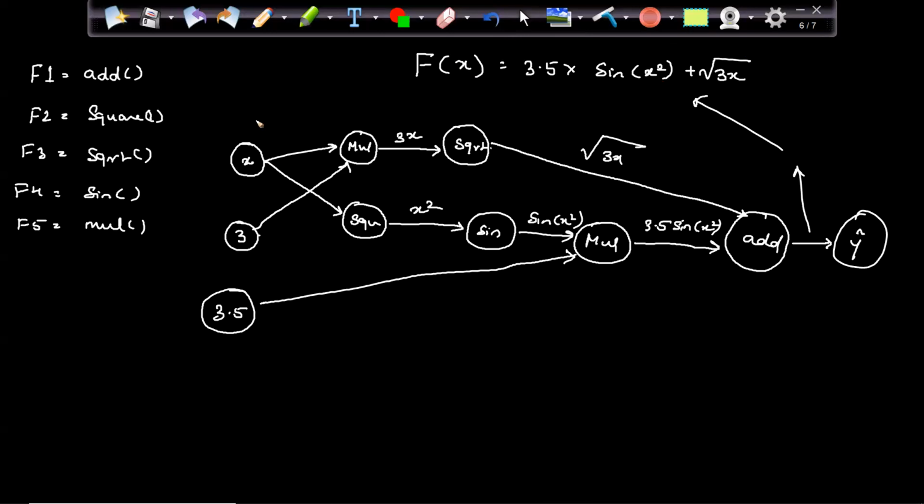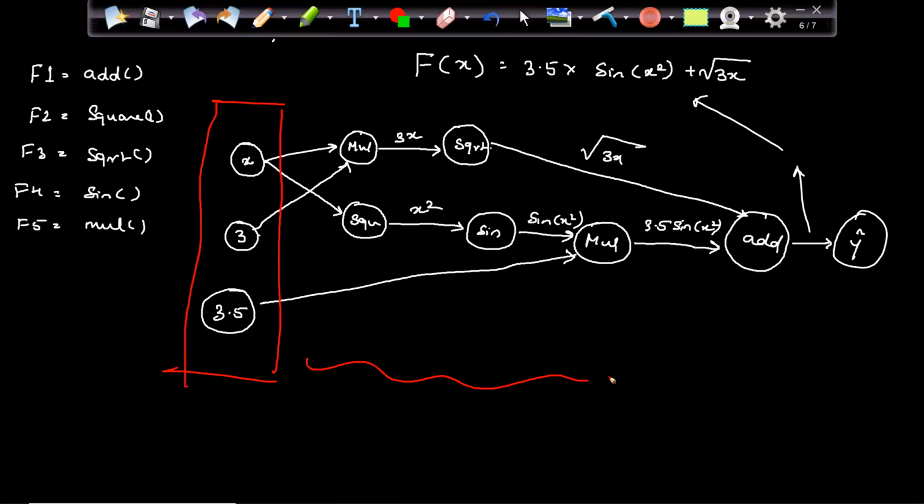This is my input layer. These are my hidden layers up till here, where I have hidden layer 1, hidden layer 2, hidden layer 3, 4, and so on. And this is my output layer. So by using a multi-layered structure, we can come up with complex mathematical functions to solve our problem.